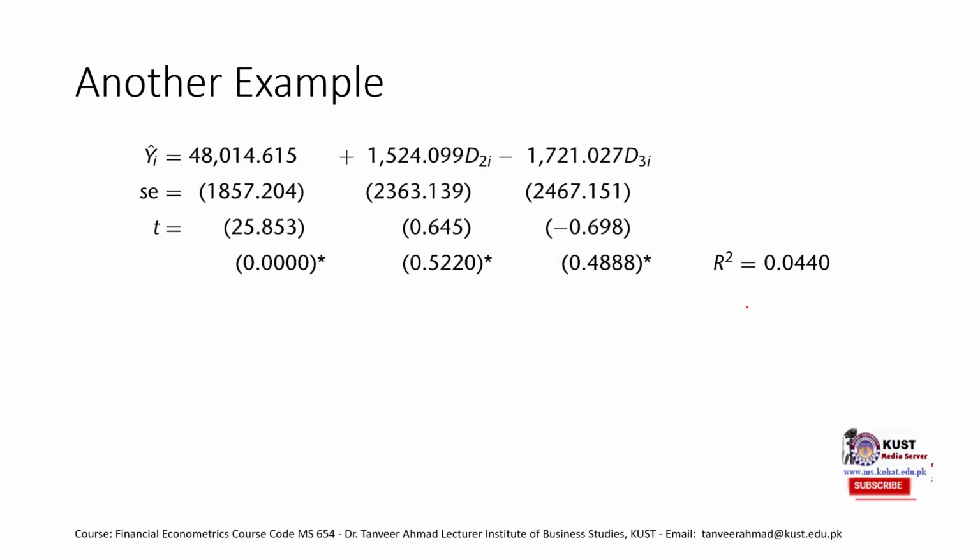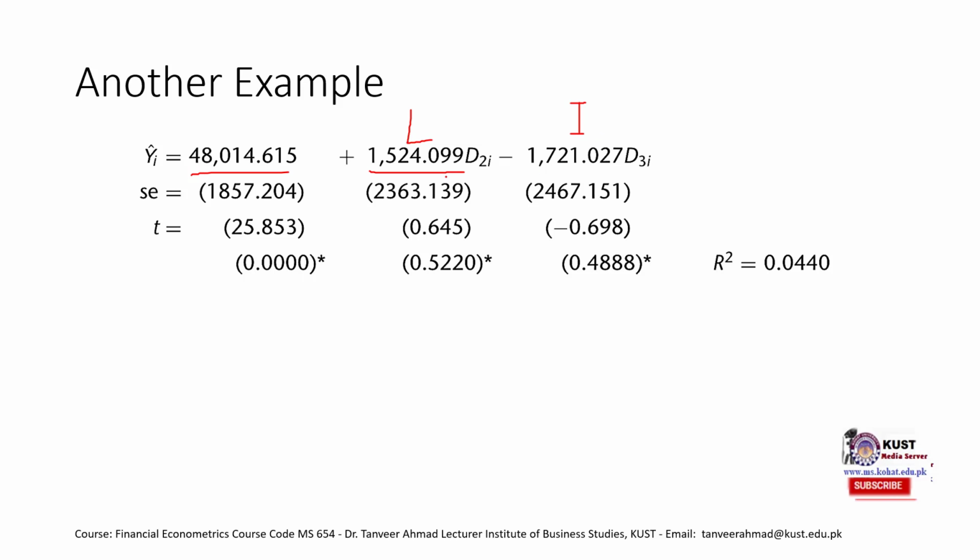So we had our regression analysis, and this is what turned out. This is our beta coefficient. This is the constant term. This is the coefficient for dummy 2, and this is the coefficient for dummy 3. Now, how do we interpret them? Remember, D2 had 1 when the subject was from Lahore, and D3 had 1 when the subject was from Islamabad.